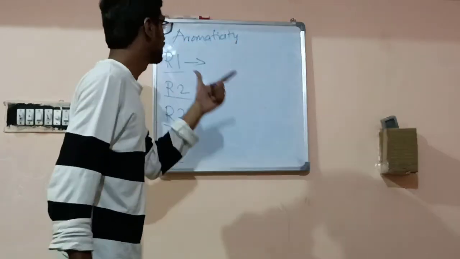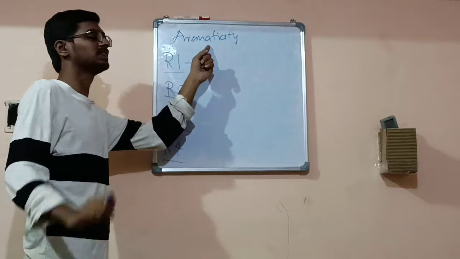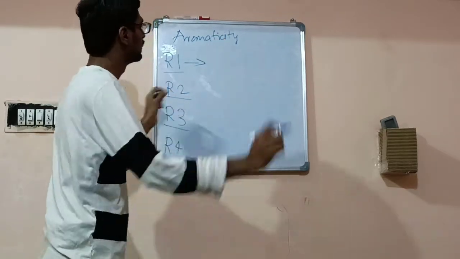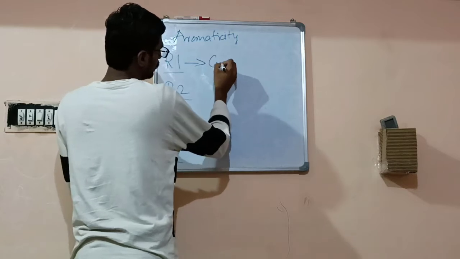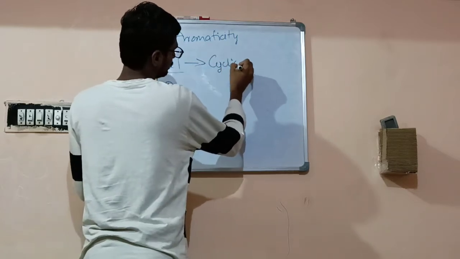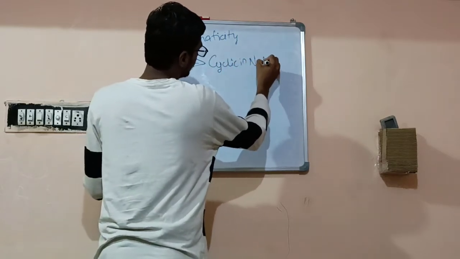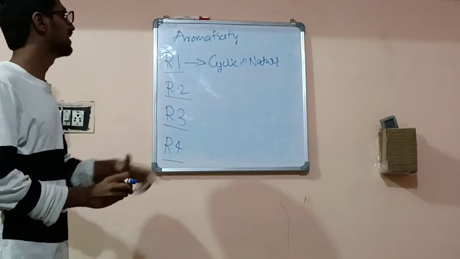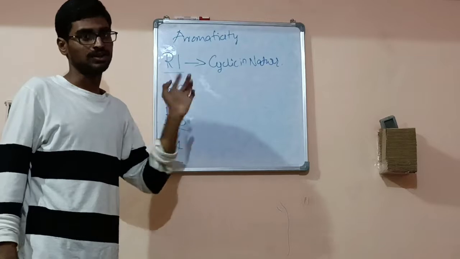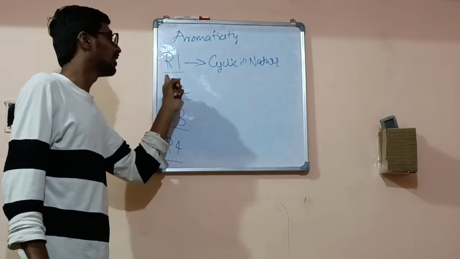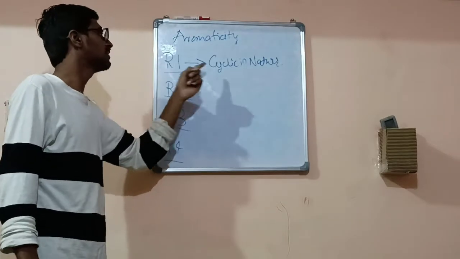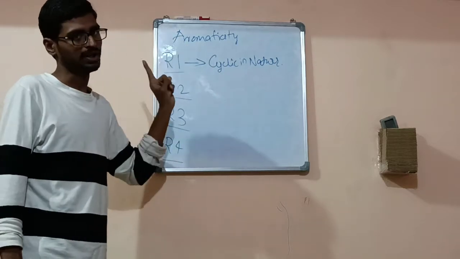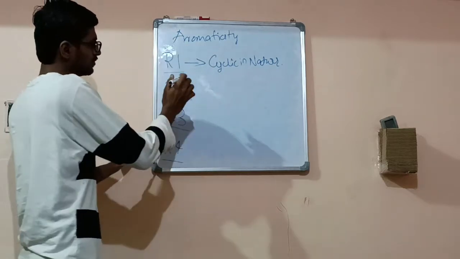Aromatic hydrocarbon. The first rule for aromaticity, to say a compound is aromatic in nature, is that the compound should be cyclic in nature. If the compound is cyclic, then it is termed aromatic. Not only by seeing rule 1, that is cyclic in nature, can we say that the compound is aromatic in nature. We have to